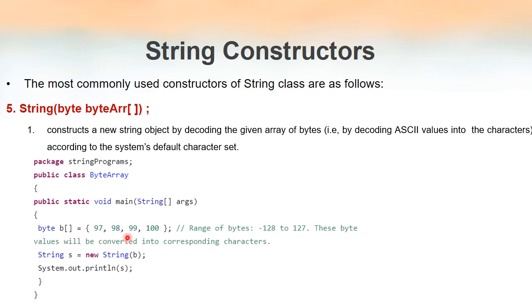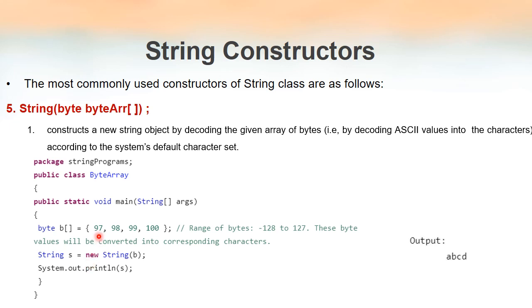So this is not the array of characters, but this is the array of numbers, that is bytes. So B is an array of bytes. When we use this constructor, the string constructor will find out the character corresponding to each of these ASCII values. So when we print the value of the string s after creating a string like this, we will